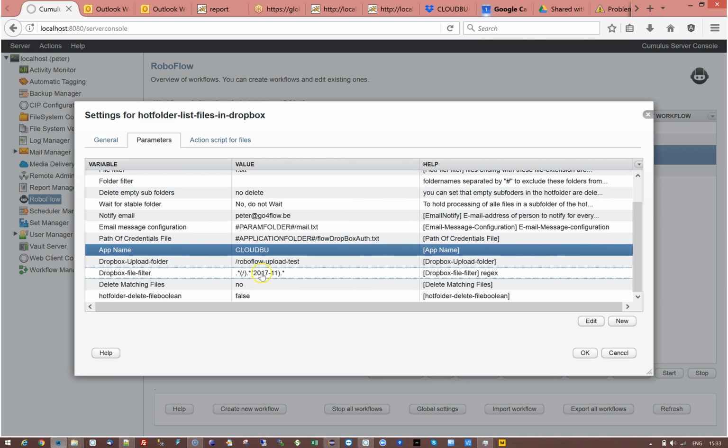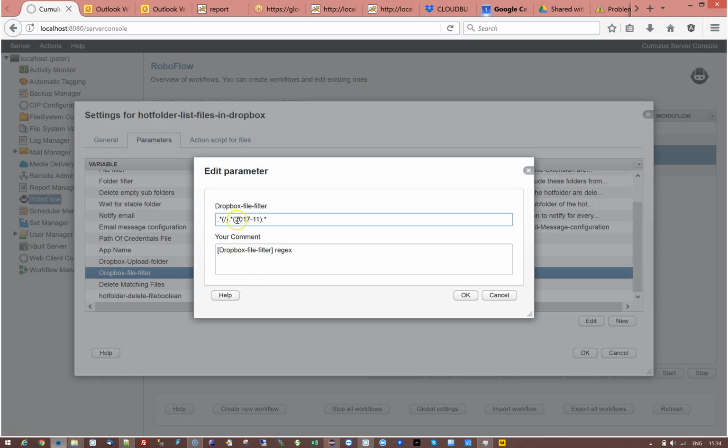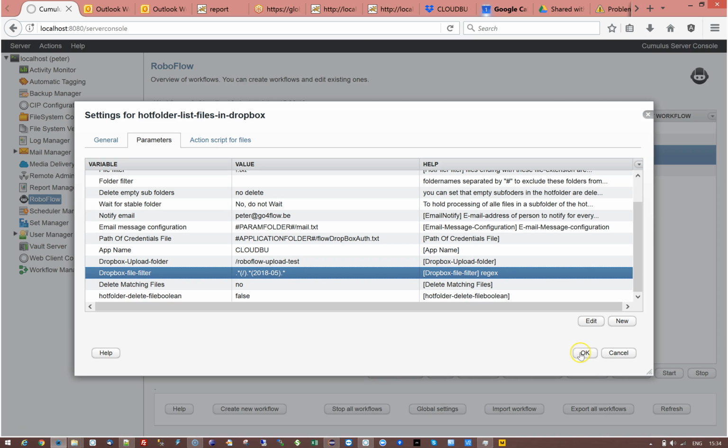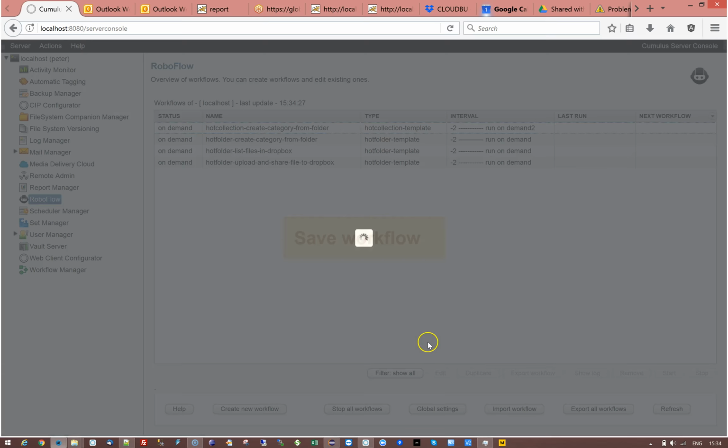And this workflow, of course, now I'm hard coding this, but this could also be the date time format placeholder from Roboflow that calculates the time before, for instance, today minus 6 months. So here I'm going for the 18, and I said I had a couple of interesting files that had 05 in it and that I want to process. So I'm still not